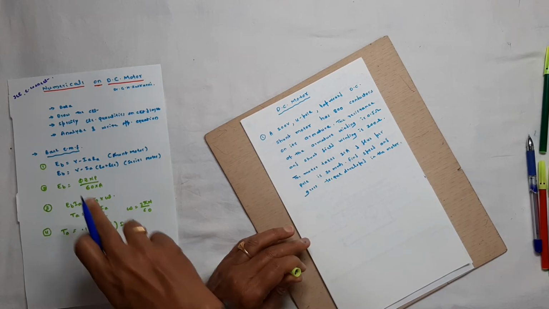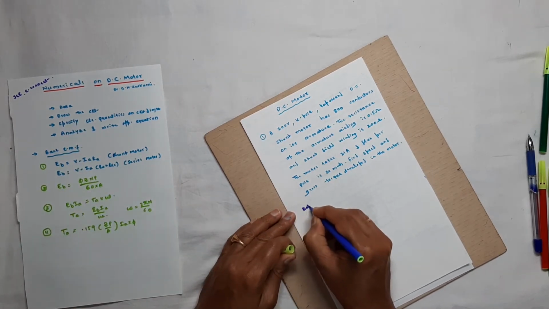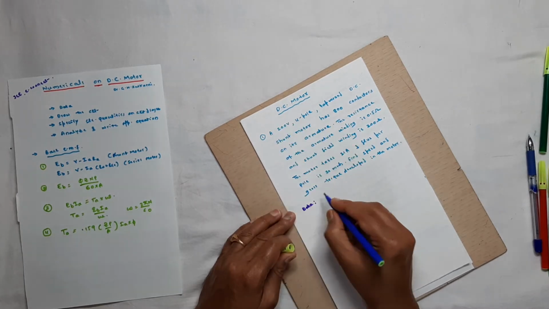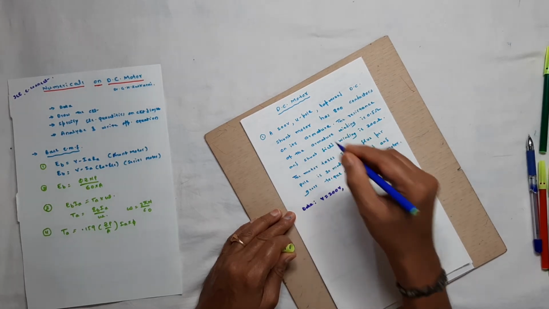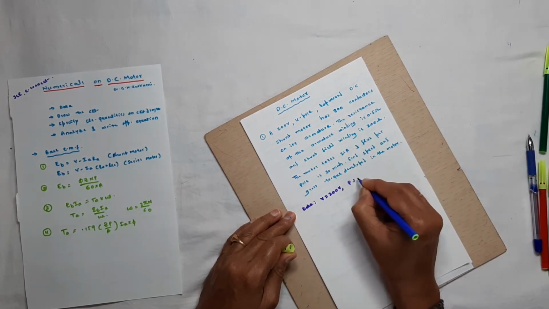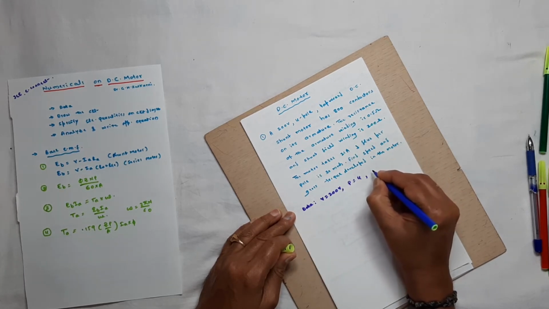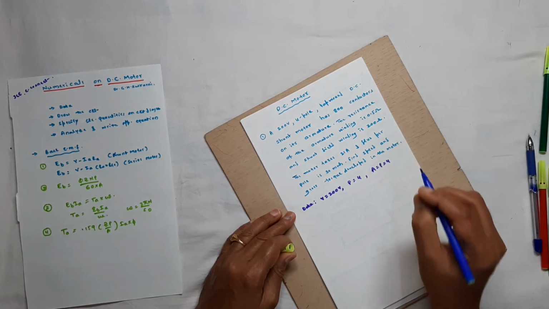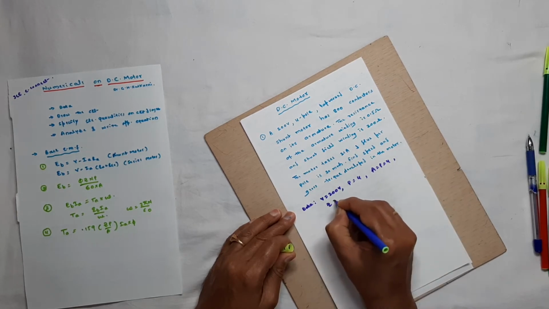The first, what I told you, is that you have to note down the data given. So what are the data given here? The terminal voltage is given, V is equal to 200 volts. Then the number of poles is given, P is equal to 4. It is lap wound, therefore the number of parallel paths is equal to the number of poles, that is equal to 4, because it is lap connected. It has 800 conductors, Z is equal to 800.